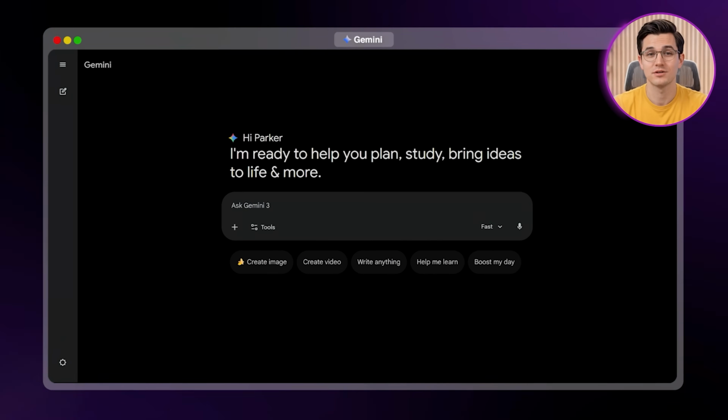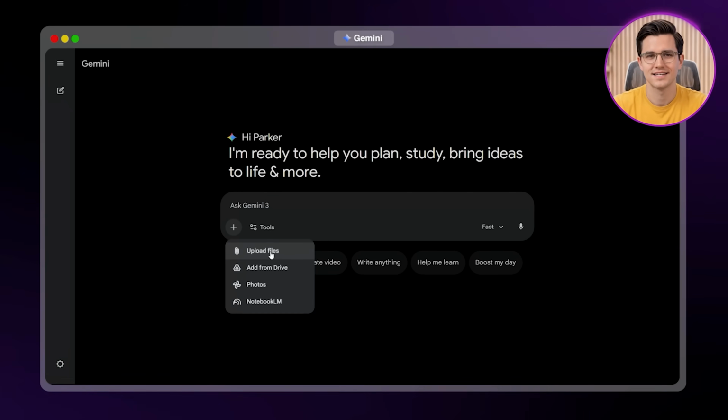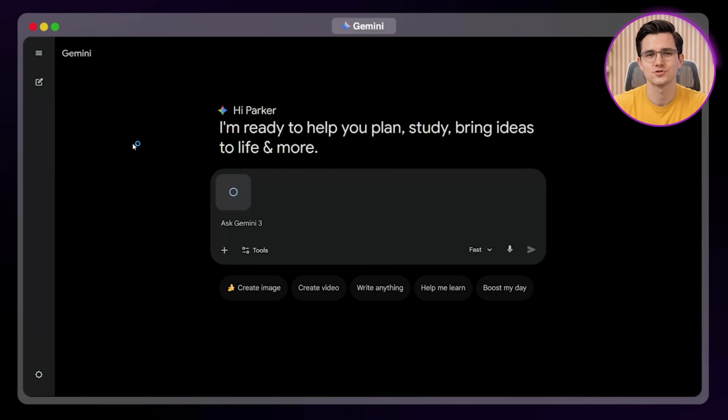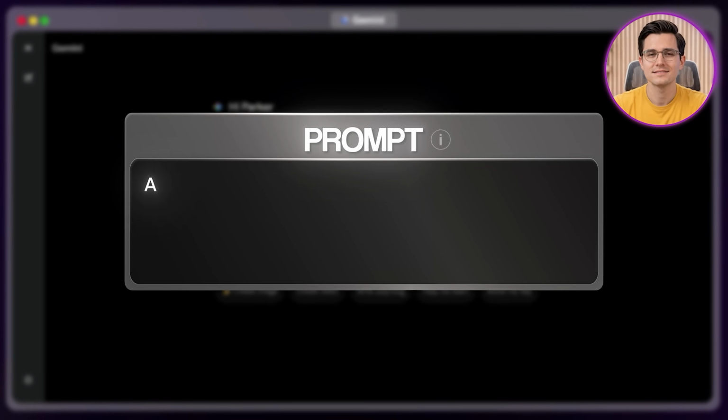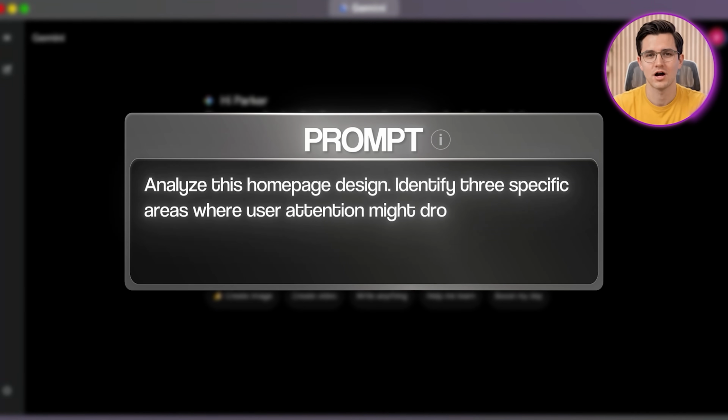Now beyond text, there is multimodal prompting. This is where models like Gemini really separate themselves from the pack, as besides just reading text, they can process images, audio, and video natively. Say you are redesigning a website and need feedback. Instead of wasting time describing the layout in words, just upload a screenshot. Then command it to analyze this homepage design, identify 3 specific areas where user attention might drop off and suggest